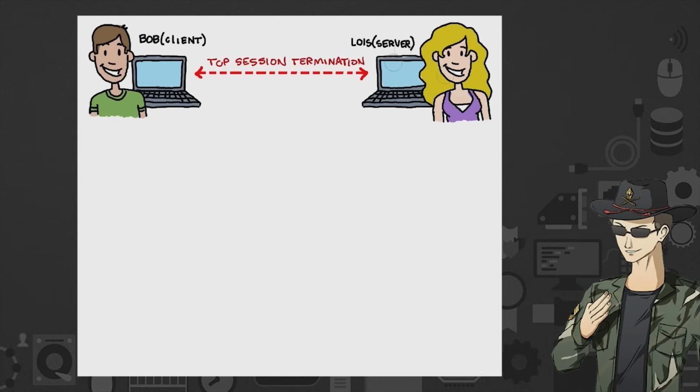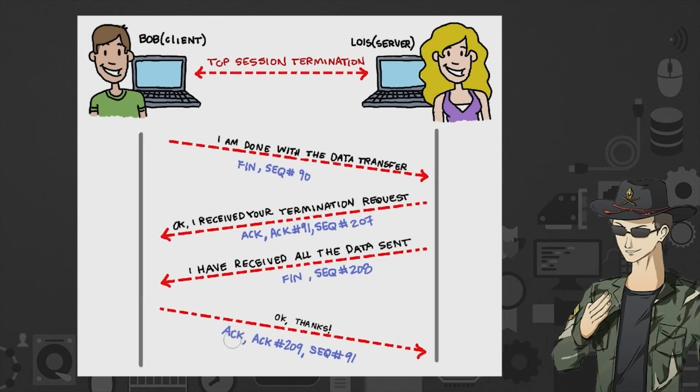So we got our client Bob, who is trying to do a TCP session with Lois. Lois? Yes, Lois. On an actual server. Now, there's a lot going on back and forth here. When Bob initially says, okay, I'm done with all the data that I'm using on this server and I don't